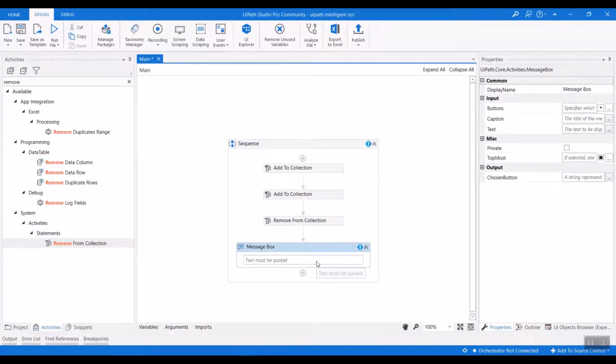So let's check the count of the list here. If the count is 2, that means it didn't remove any item from it. If the count is 1, it means we have already removed one item from it. So we'll just check the count and run it.